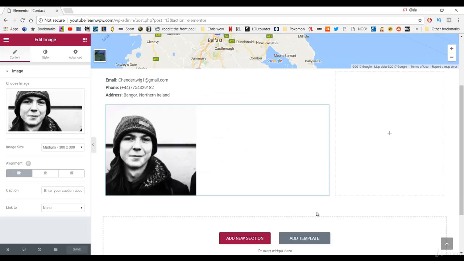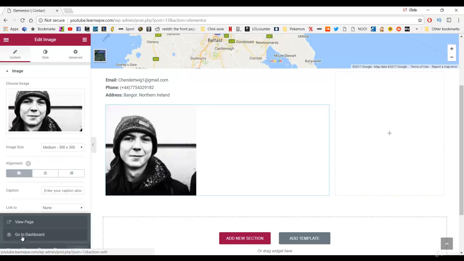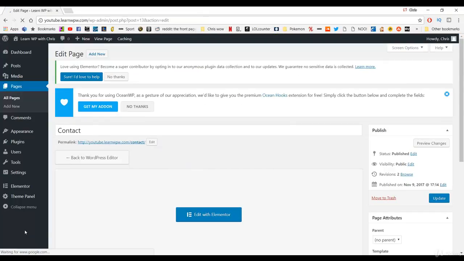So what we have to do now is get a contact form, and to do that we have to go out of this, so you click exit and go to dashboard. And we need to get a plugin because WordPress doesn't actually come with the form that we need. So if we go to plugins and add new,